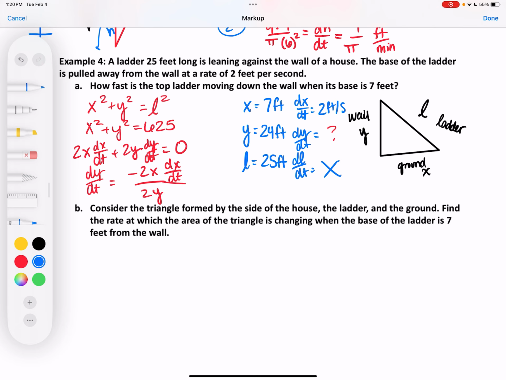Obviously, the 2's cancel. So I have negative 7 times 2 over 24, which will reduce down to negative 7 over 12. So it is sliding down the house. That's what the negative means. At negative 7 over 12 feet per second. Basically, the negative just implies it's going down, which makes sense. It can't slide up. I guess it could if you were intentionally pushing it up, but anyways,